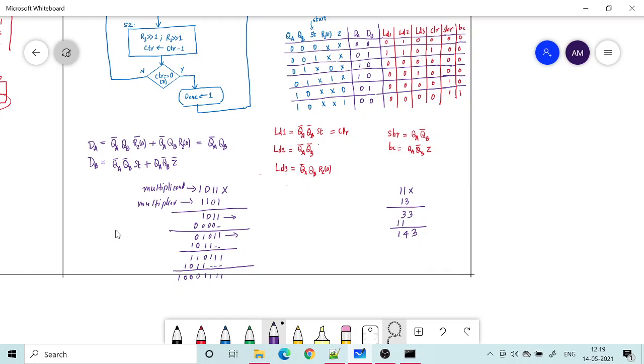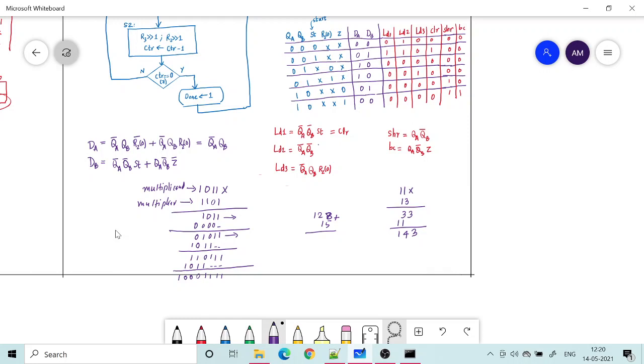So this is total 8 bits, so MSB is 1 means it is 128, sorry, this is 128, that is 2 raised to 7.